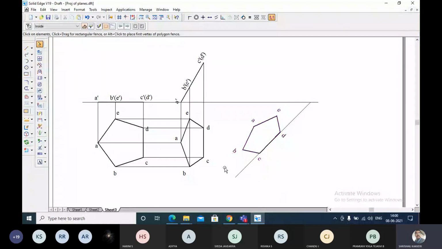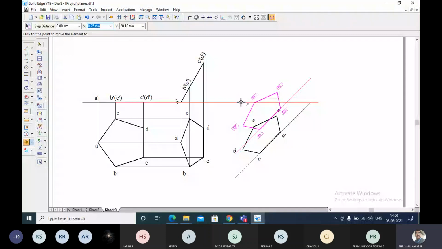And later on, if you want to move, you can move the whole thing. You can select everything and keep it anywhere, wherever you want. But you should not overlap this, and take care that you do not overlap with the figures or with the XY line. Like that you keep. Now this is right. Whatever the distance it is, don't worry.